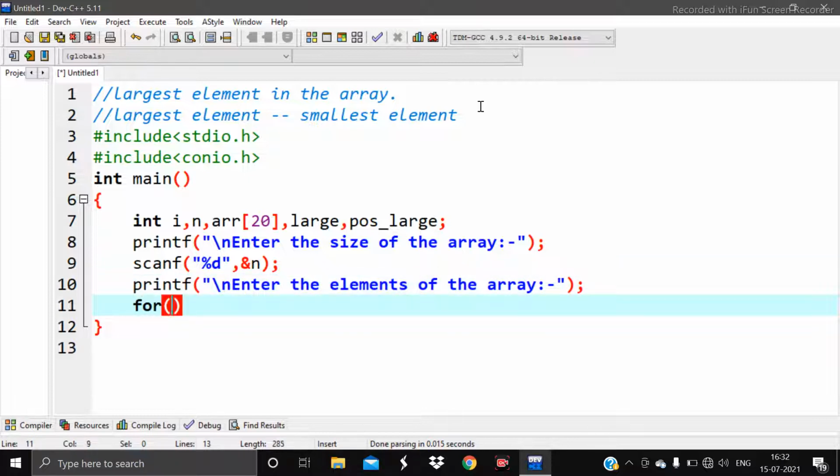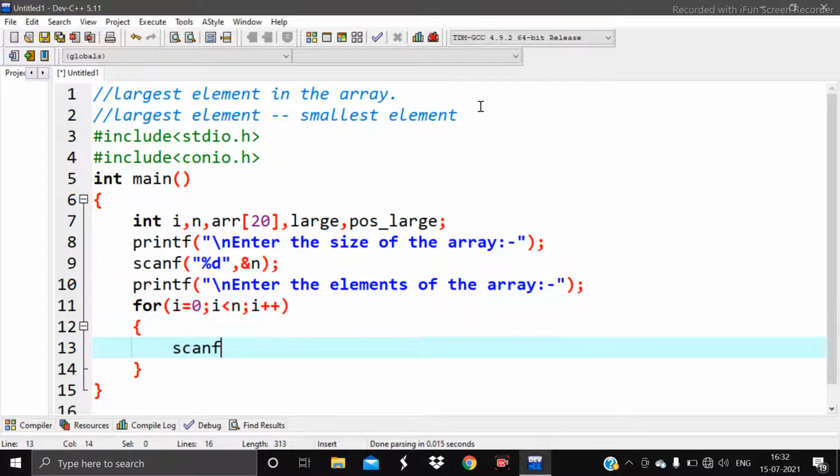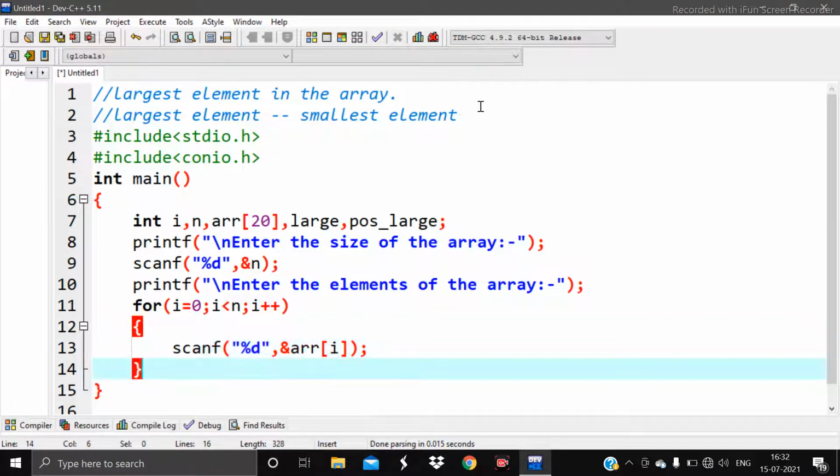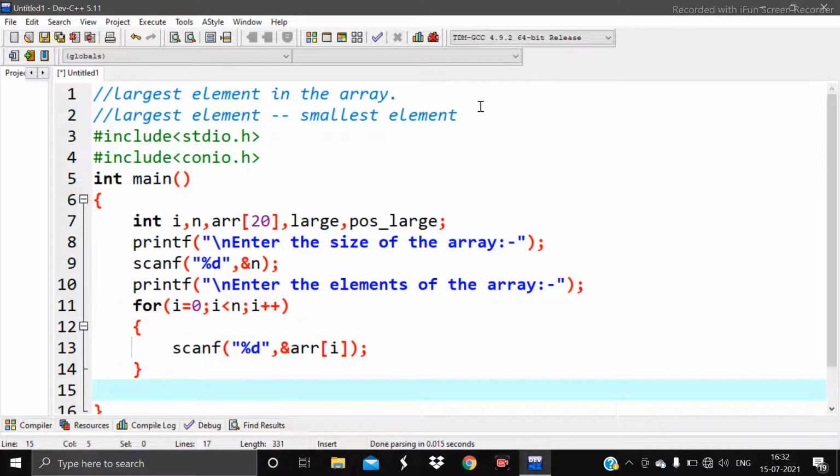Then using a for loop, you can take all the values one by one from the user with %d, and the name of the array is arr, and the index will be i.